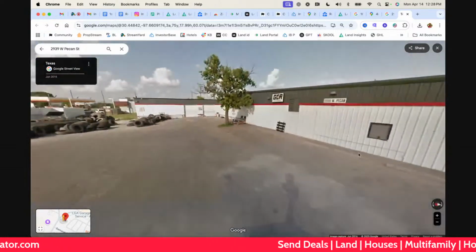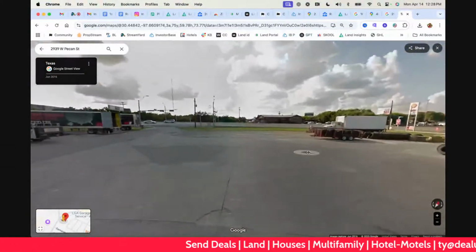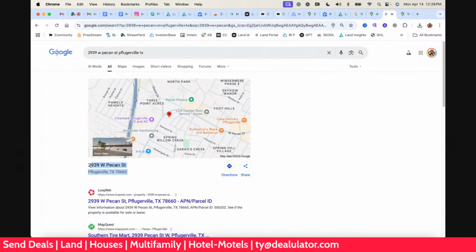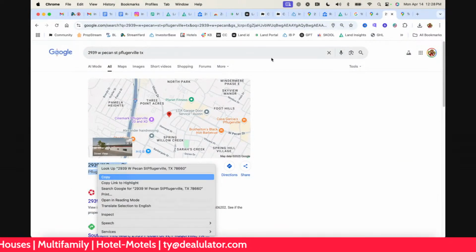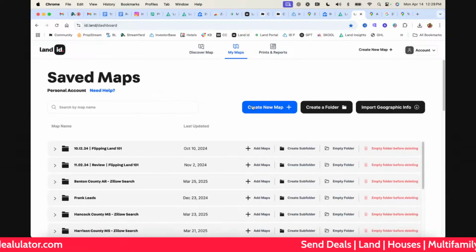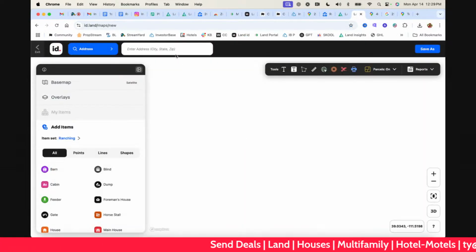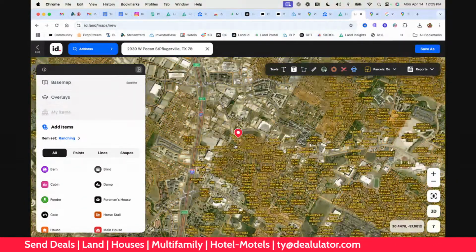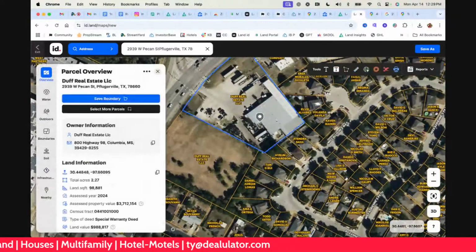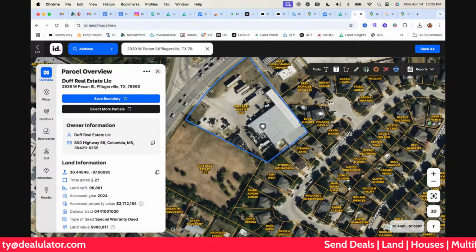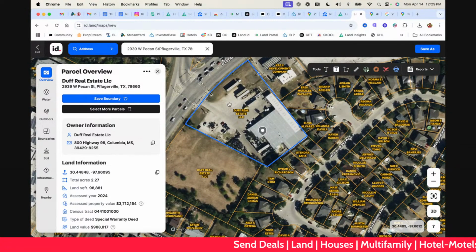That looks clean. It's a couple of acres. The building takes up a good portion of it, but you definitely can put several trucks there.